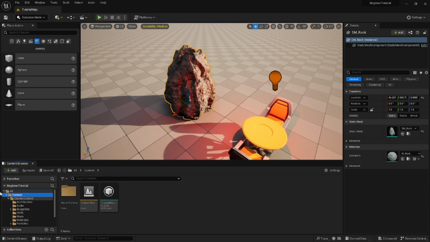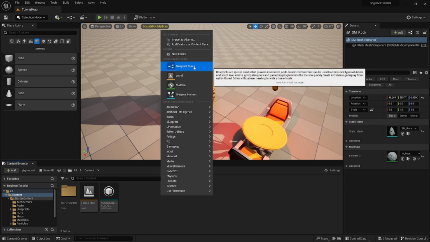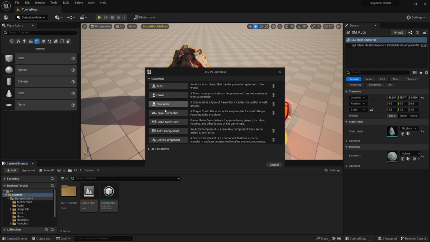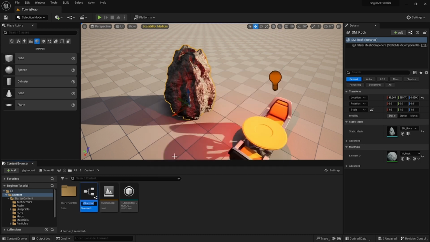Okay, so let's go to our content over here and create a new blueprint class. Everything in the level, as I mentioned in the last parts, is an actor. A gun is an actor, a chair is an actor, every object is an actor. So we will choose to create a blueprint that is an actor. Let's name it BP destroy rock. Okay, and let's open it,